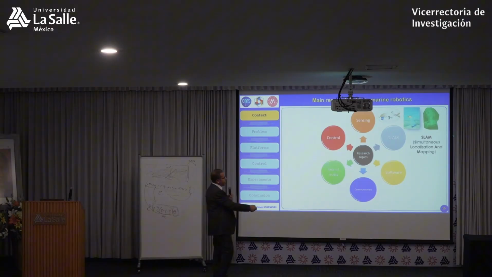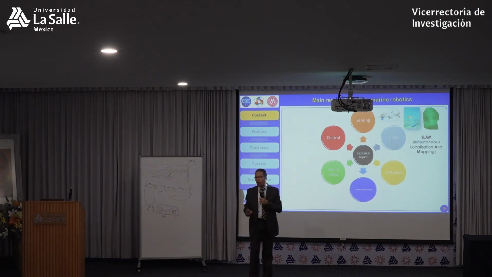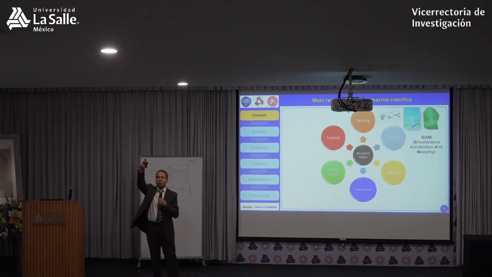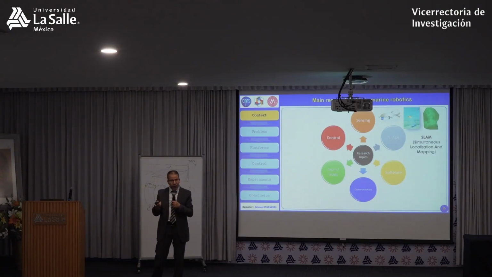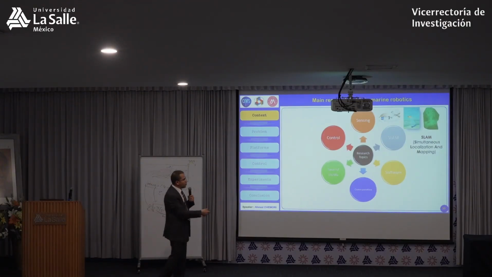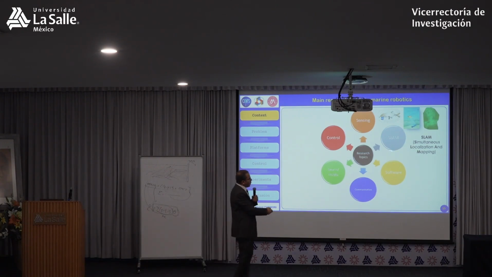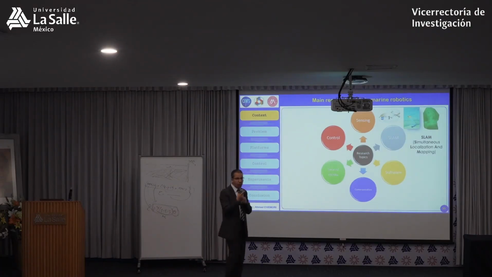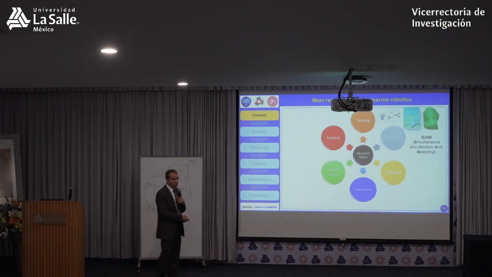Also another problem is the problem of localization. You have an underwater vehicle. If you are in a pool, it's very easy just to put a camera and you can see where your vehicle is. However, in open water, in the ocean, in the sea, in the lake, it's not easy. GPS is not working underwater, so how can you localize the position of your underwater vehicle? A lot of people work on SLAM, simultaneous localization and mapping, and this is very interesting for underwater